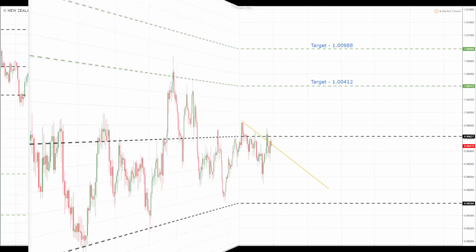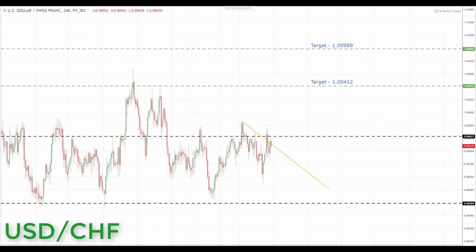0.64568. Next, we have the US dollar Swiss franc. Now, the US dollar Swiss franc has been very, very choppy. As you can see, we start the week below the key area of broken support turning resistance over here, turning resistance over here, turning resistance 3 times over here. So very simply put, as we start the week below here, technically we would be looking to the downside normally,